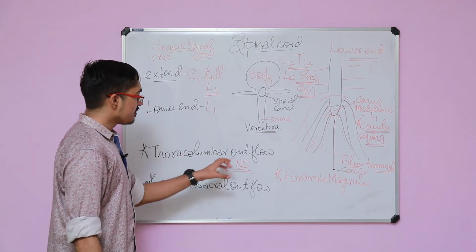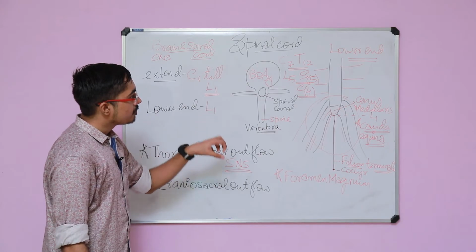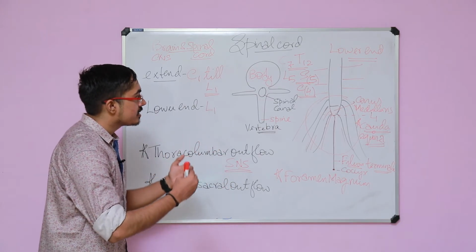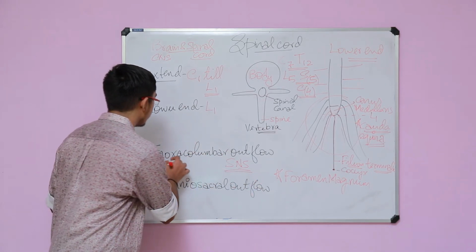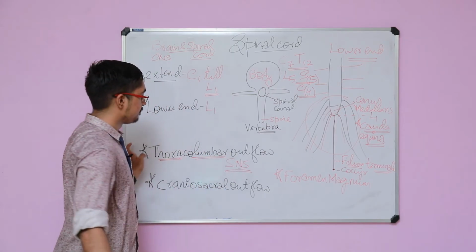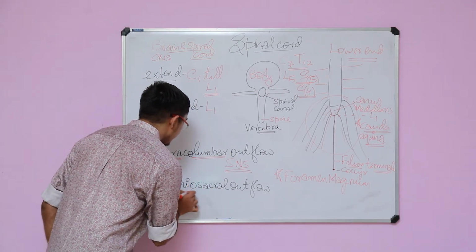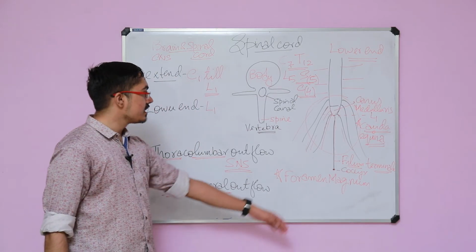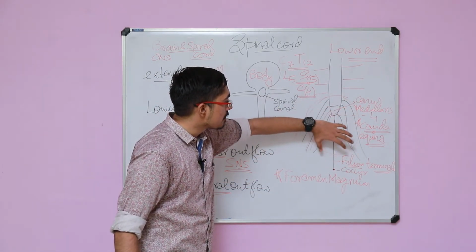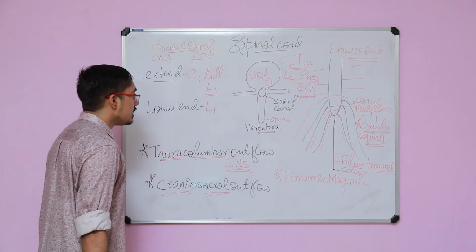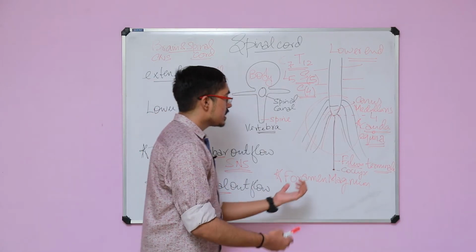So the sympathetic nervous system supply of your body will be through the spinal nerves which are coming out from the thoracic and lumbar area. Now see, the sacral region. So these nerves which come out of the sacral foramina, the spinal nerves which are coming out of the sacrum